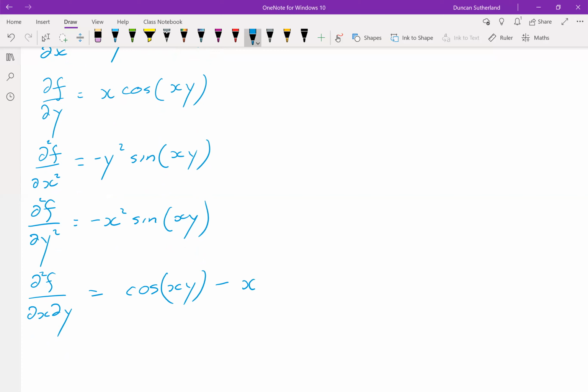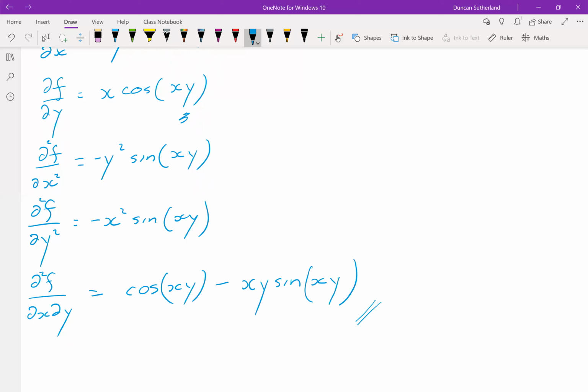We've still got this x from there, right? So that's, if you like, our function 1. So we get sine(xy) times y, and we're going to pick up another y from the argument of this function. So that's the mixed derivative